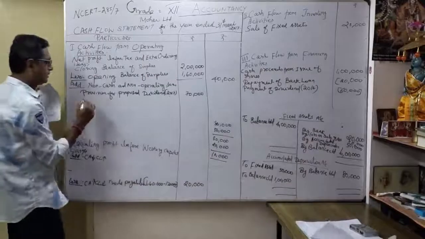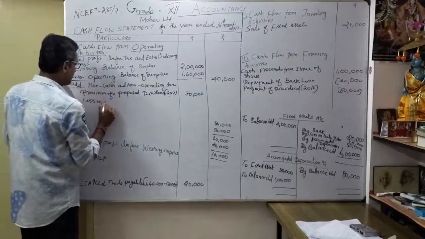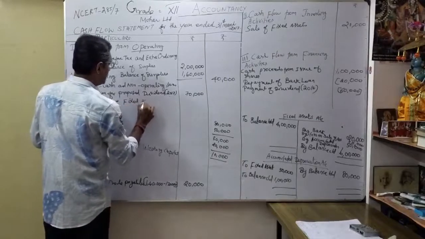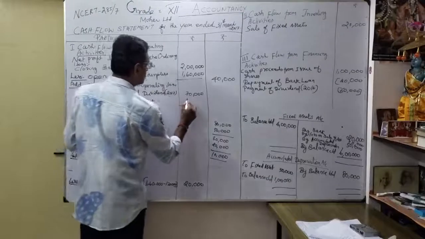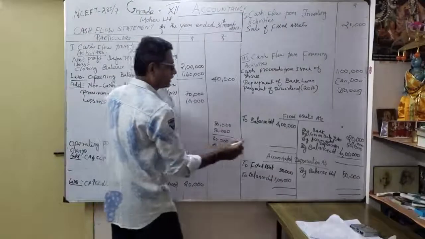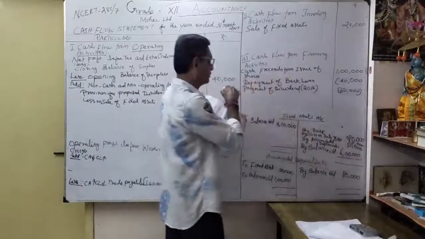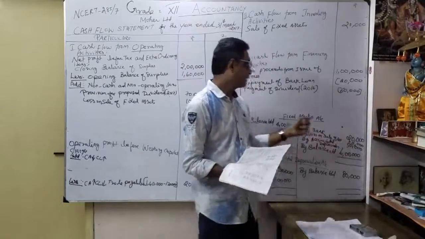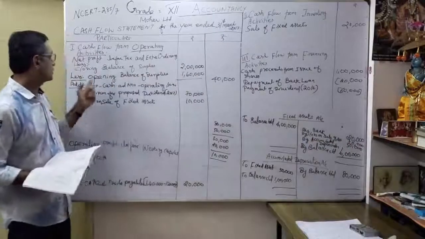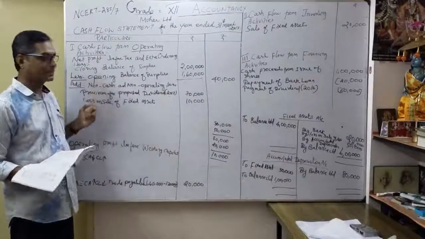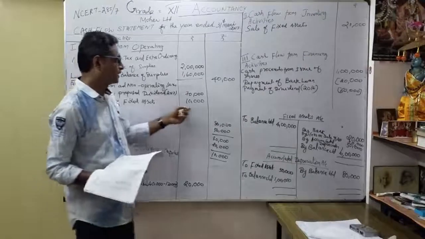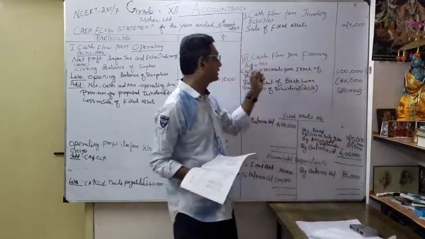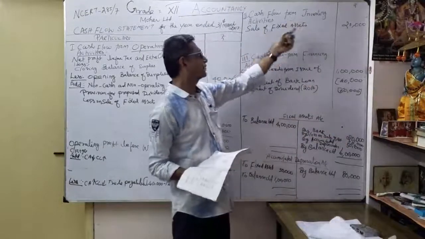Similarly, this 10,000 I'm going to put it here. Correct? It's a non-cash, correct? So loss on sale of fixed assets. That's what simultaneously you want to do. So this 10,000 I shown here on the fixed assets account. By loss on sale of assets 10,000. Similarly, immediately I want to show under operating activities as a non-cash item, loss on sale of fixed assets 10,000. Similarly, bank I sold assets 20,000. Immediately I shown here sale of fixed assets.